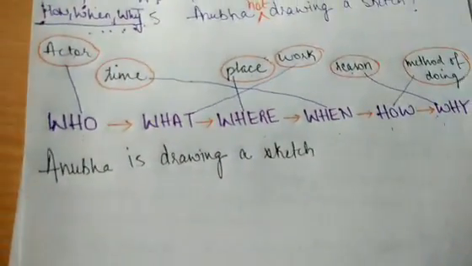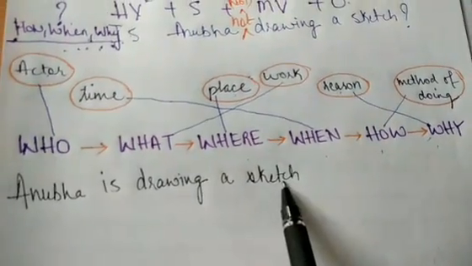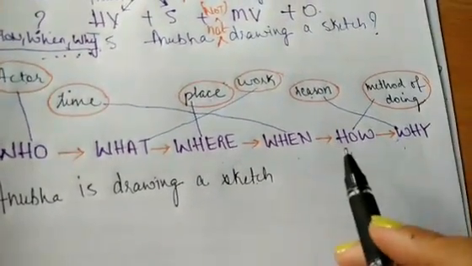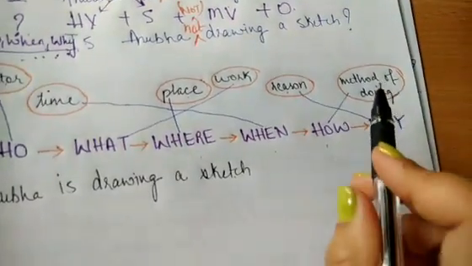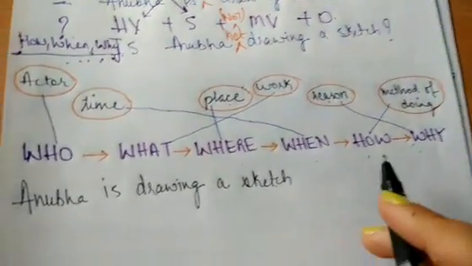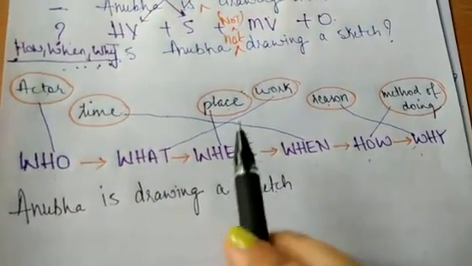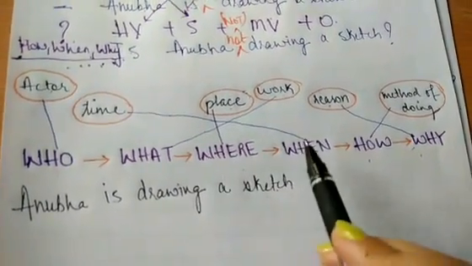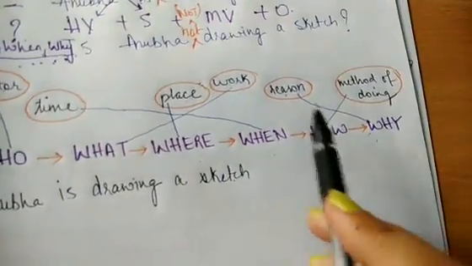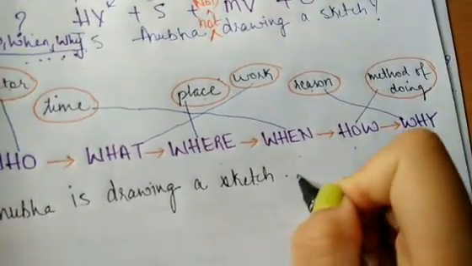Anubha is drawing a sketch. Now suppose I want to add time, or place, or reason, or the method of doing, so I'll follow a certain sequence. Maybe I do not have to add place, time, or method. Only I have a reason. So I'll say Anubha is drawing a sketch